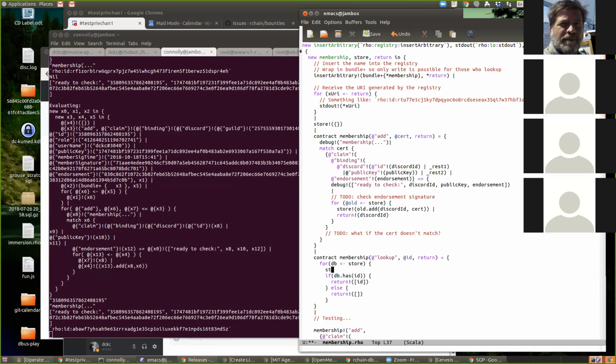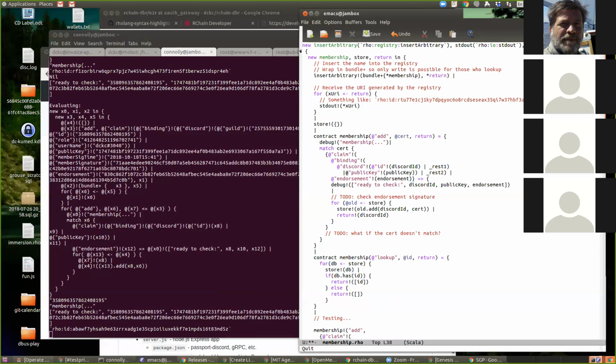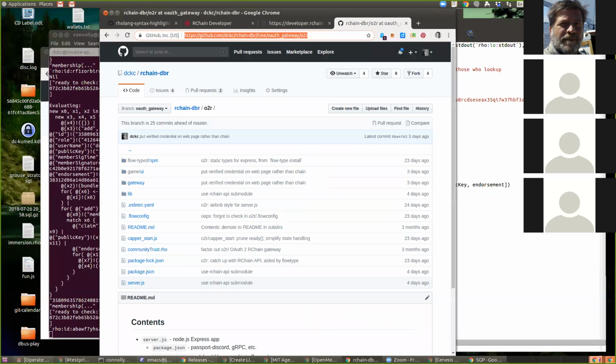Wait, you can accept has as an argument? Say it again. For database under the if db.has ID. I didn't know we can do that. Use that as an argument. Right there. I'm not sure about your question. You just said db.has. I didn't know that was allowed. Yeah, there are methods on certain values or processes or whatever.